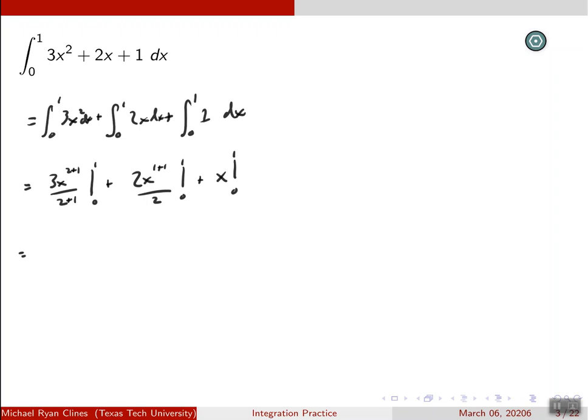And in case you're curious, the step I just did before is the power rule for integration. Add 1 to the exponent and divide it by the new exponent. That's what we do when we're trying to integrate x to some power. So this simplifies to 3x cubed